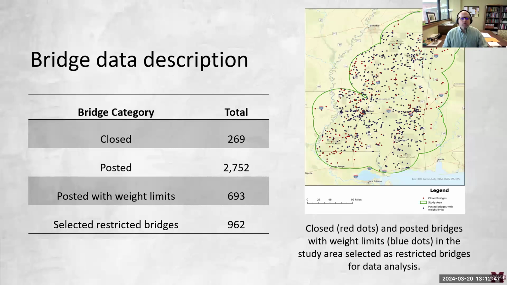So you can see just how widespread these posted and closed bridges are, with the red being closed and the posted being the darker ones. It's pretty much a problem throughout the state, and you can see a bit of a pattern over near the Delta, where there's more water. There's certainly a river there, but there are more waterways, and so there are probably going to be more bridges